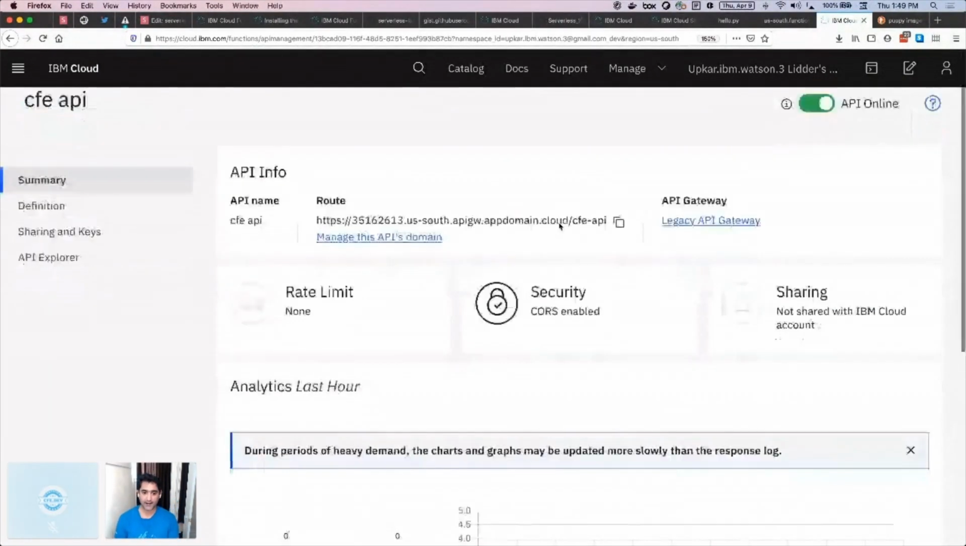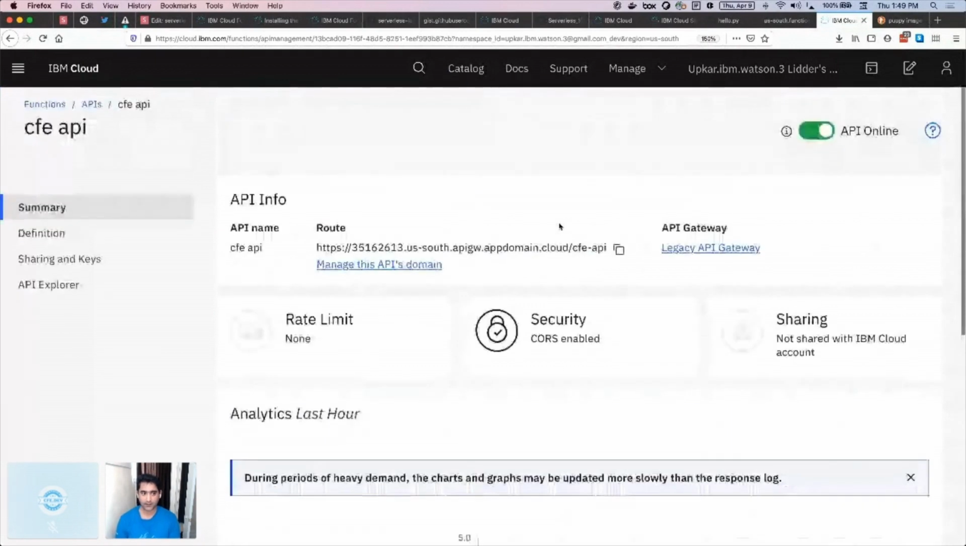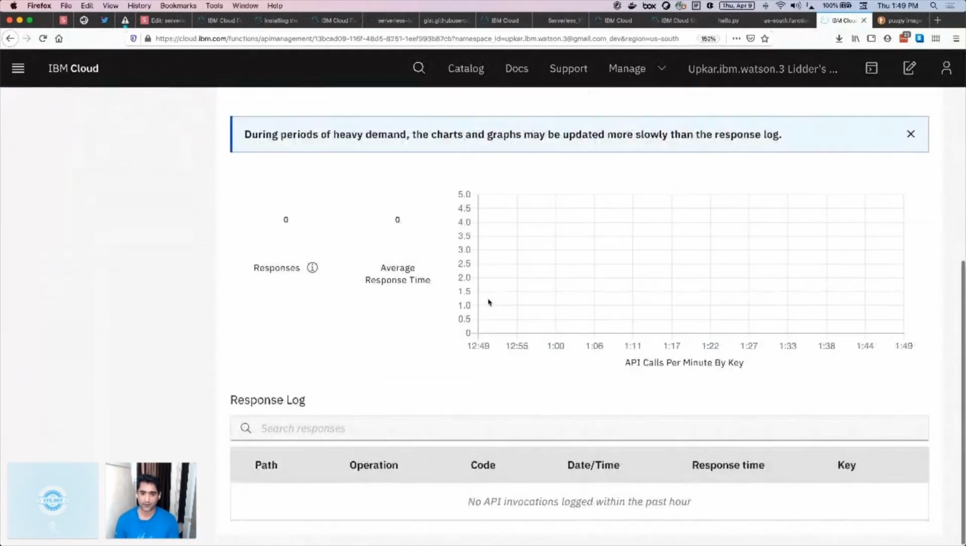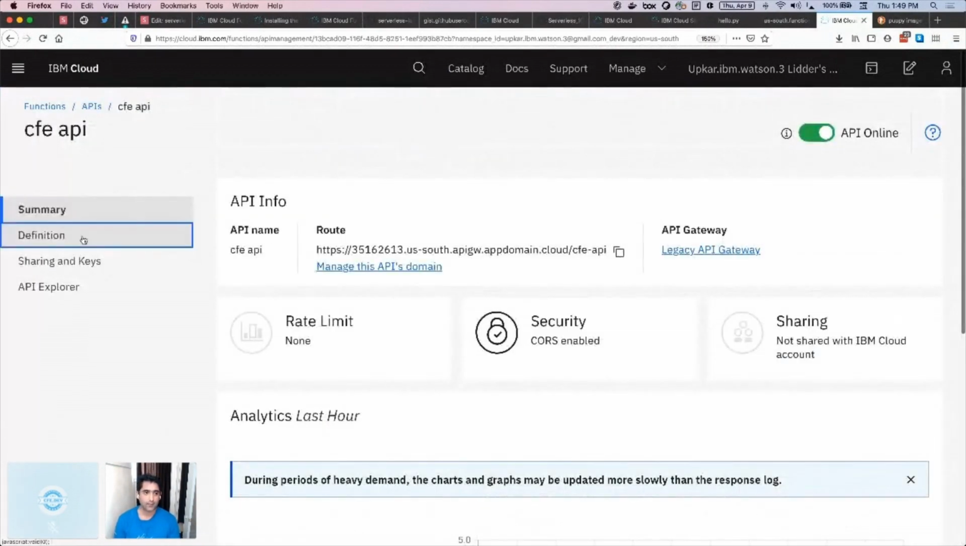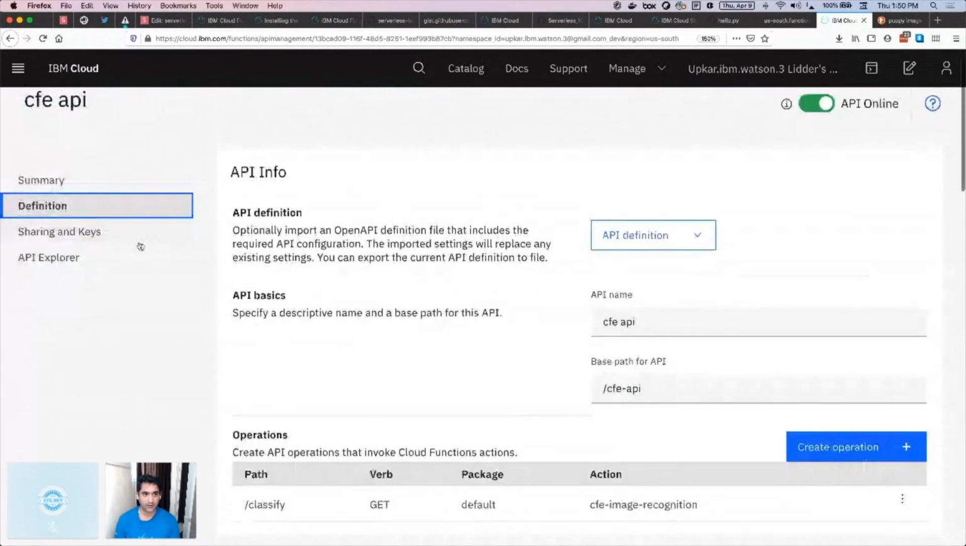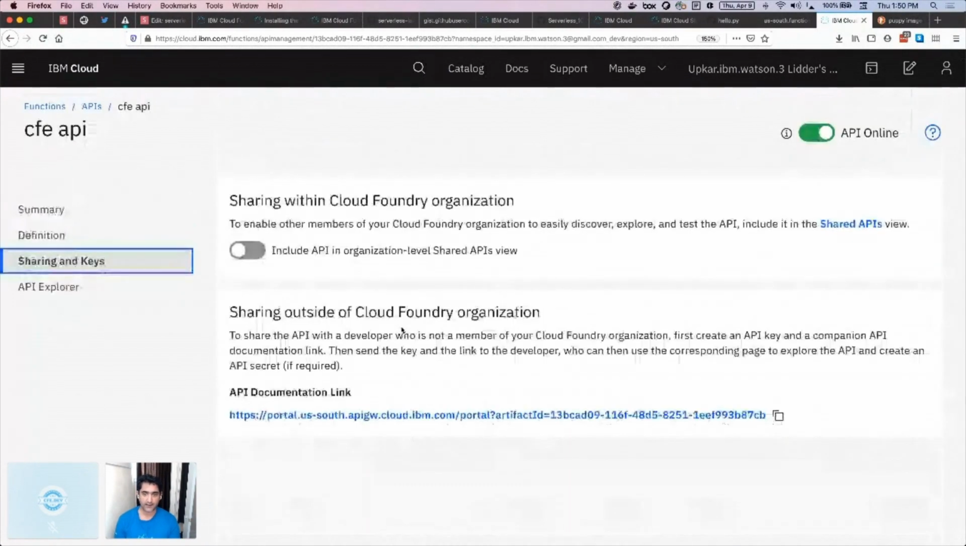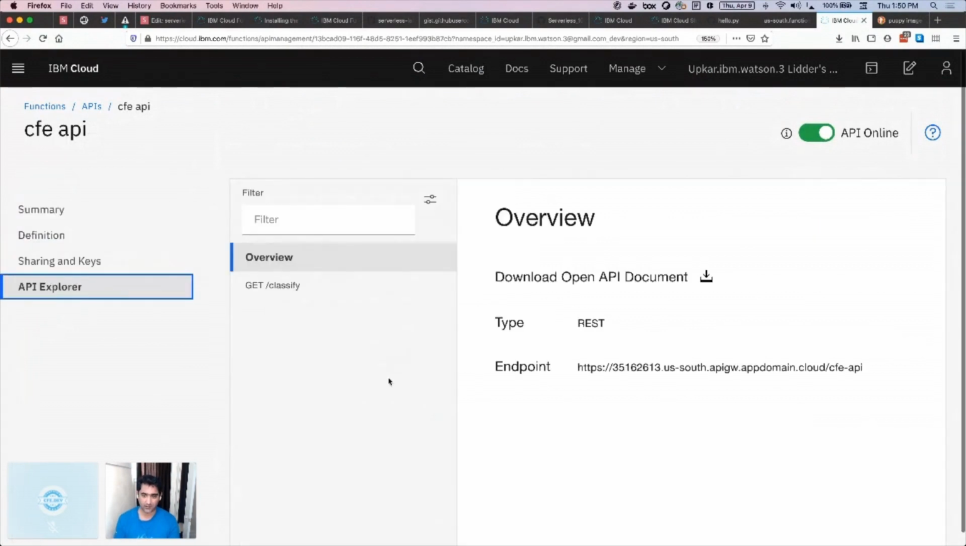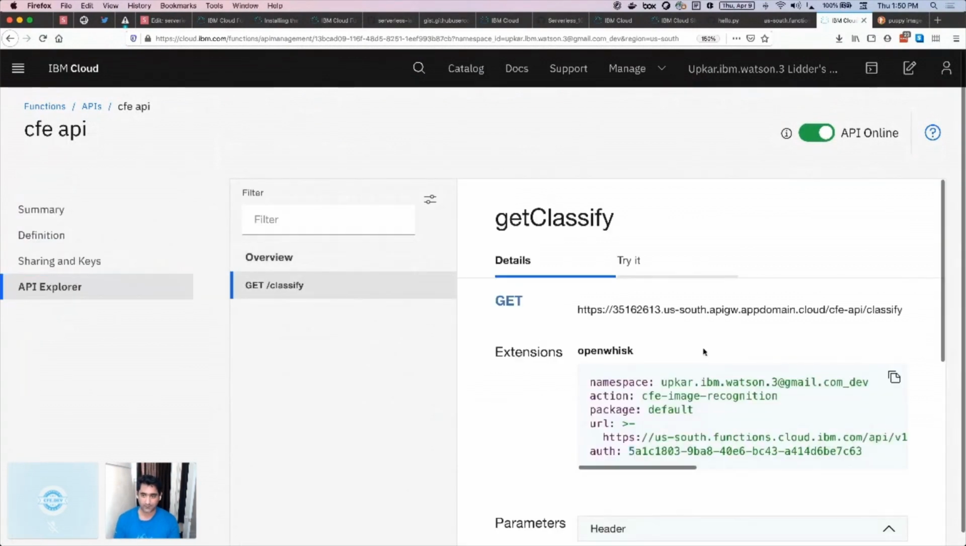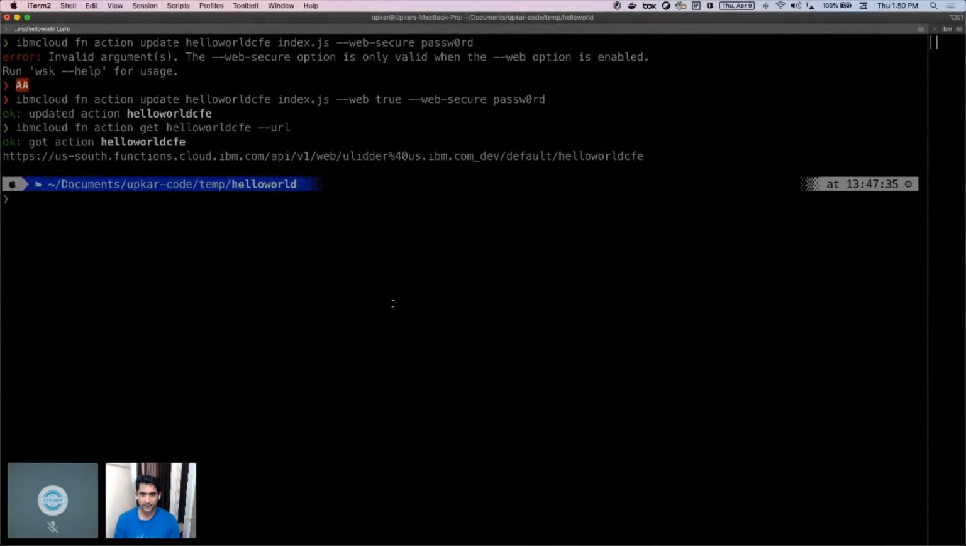Okay, so here's my API. It gives me some analysis of what's happened so far. Of course, I haven't called this yet, but I can now go to sharing and keys, and this is where I can add more keys to it, but I'm not going to do that. But here's my endpoint, right? It created this endpoint for me. So let's